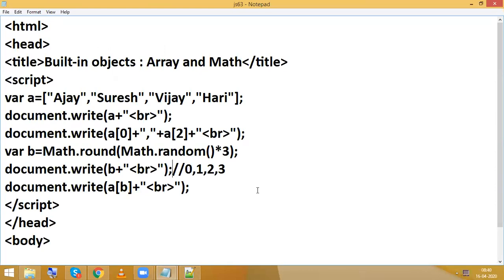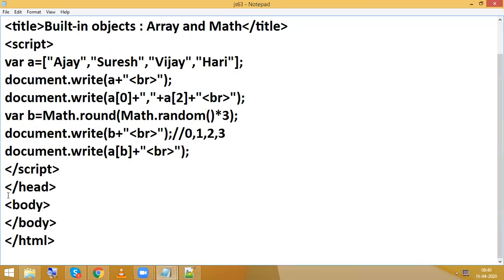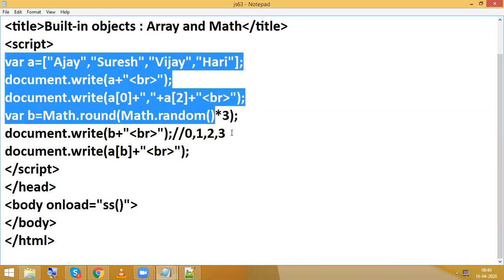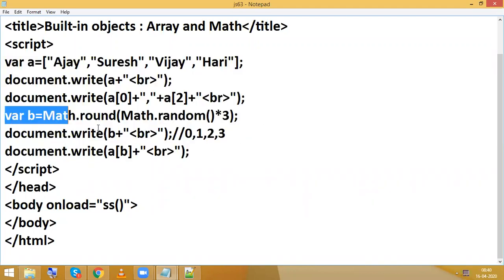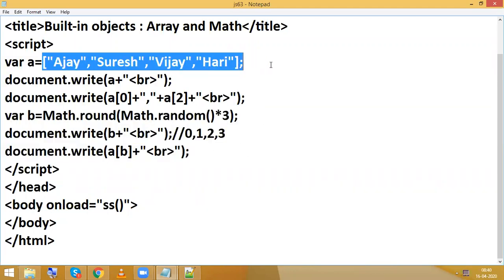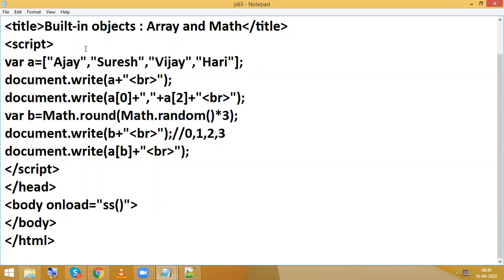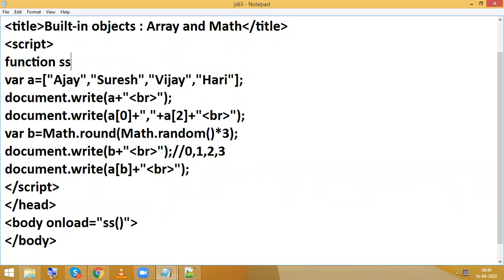For this, we are having a concept called setInterval. Just yesterday we discussed the setInterval concept in the live date and time example, that we are going to use here. So how to do that? Body. Whenever onload is happening, we are going to call the function. You can call the whole setup or whatever you need. Better to call everything because we are using A, right? So function ss.